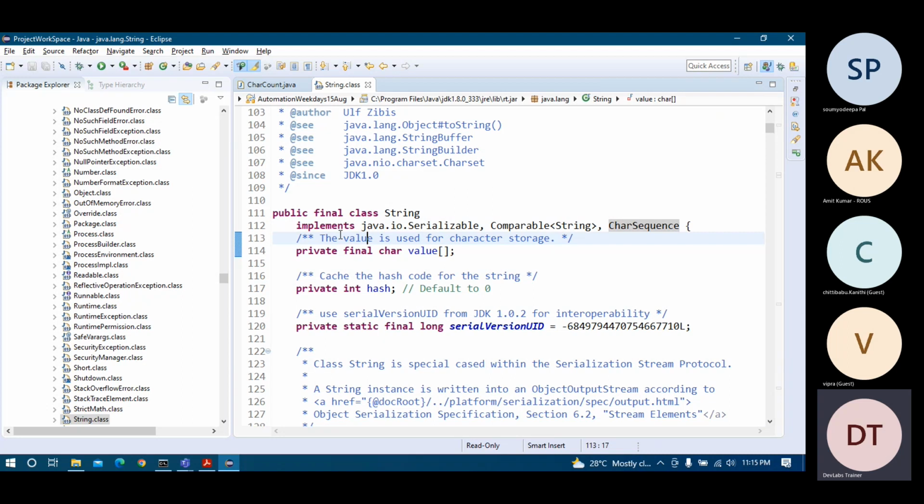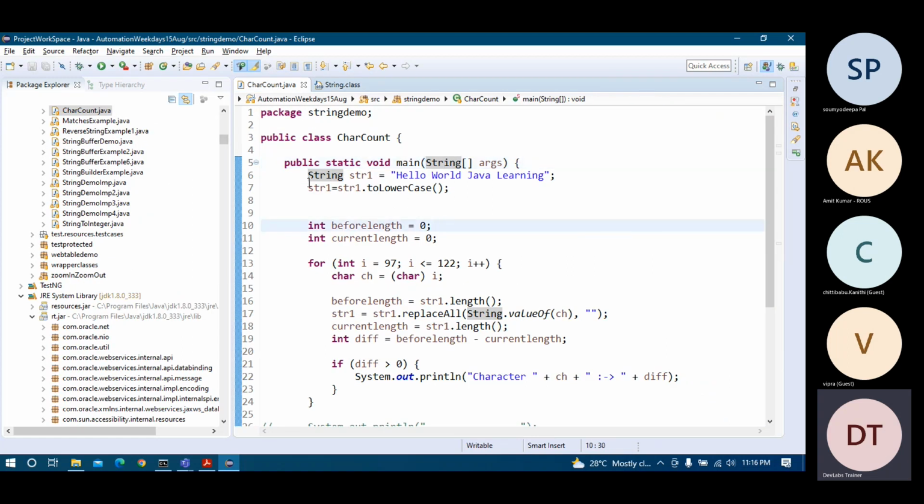So that's why, and that value is created in a string constant pool. There is a concept of a string constant pool in Java, and that is especially dedicated to the String class. The string objects you want to create will come into the picture. The hashCode method is an overridden method here, not overloaded, overridden. So that's why we have a hash variable which is generating the hash code, that's the memory address, and then we are returning that value. Let's understand with some examples here,